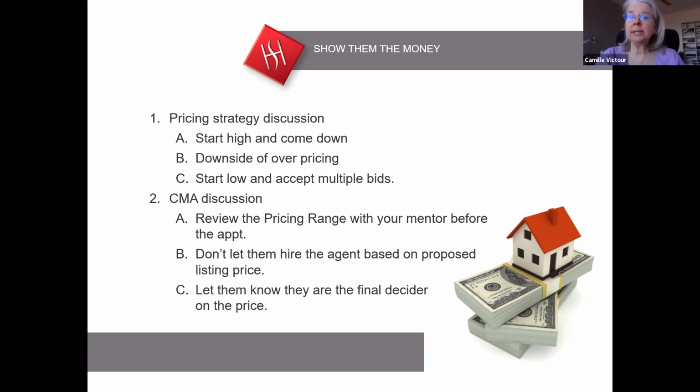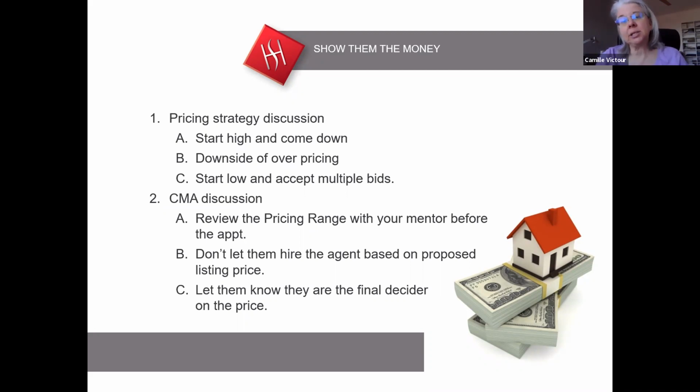Now, come to the listing presentation, I may not have ever been in their house before, so I'm not going to be able to have an exact number until after I've seen the house and learned more about the house. But if I've done my homework ahead of time, I would be able, in the presentation at the meeting time, to tell them, I think your house is going to sell in this range, and I might give them a $20,000 range between $350 and $375, something like that,